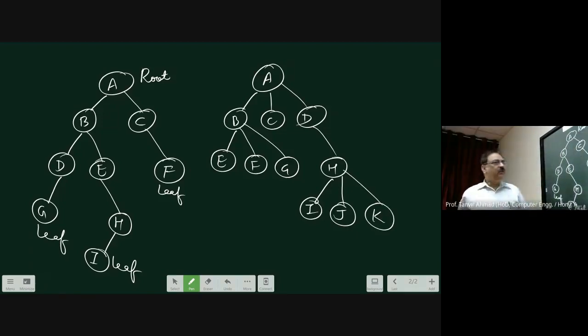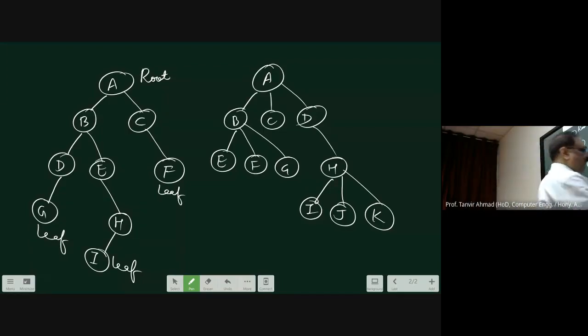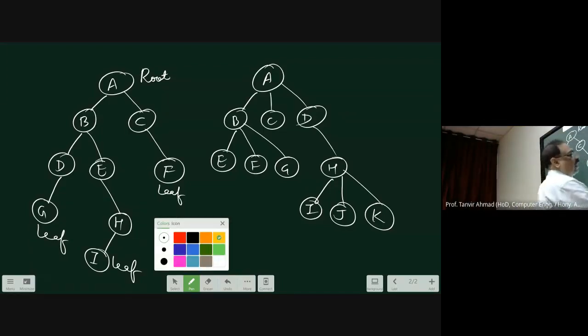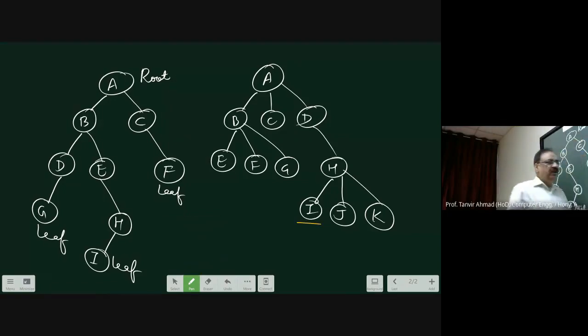Okay, the tree could be like this also, which is not a binary tree, but it's a tree. Now the definition I wrote over there holds here because each and every node will have exactly one predecessor. For example, for I, the predecessor is H. For J, it's also H. For F, it is B. For C, it's A. And this is for the children. Of course, A is having 3 children, B, C, D, and I, J, K are having no children.